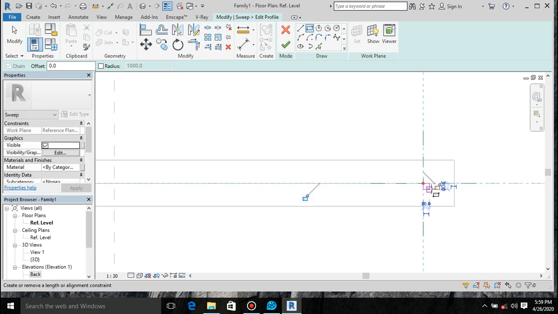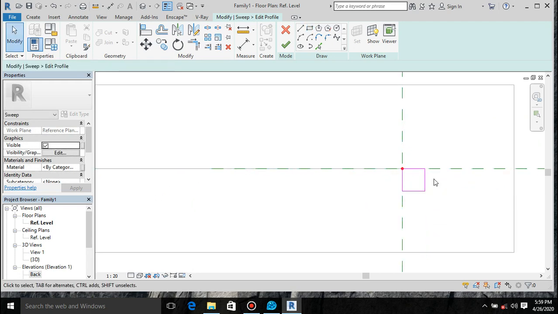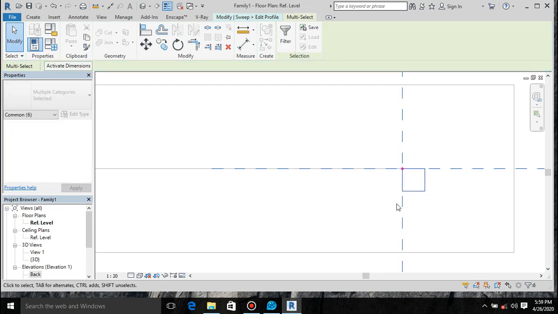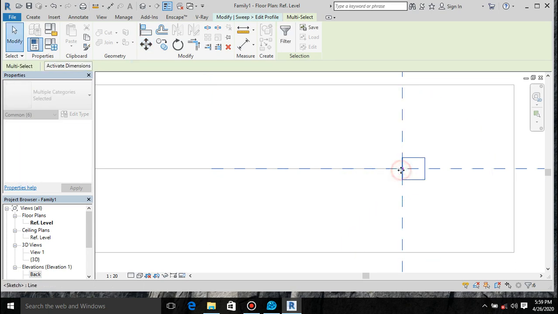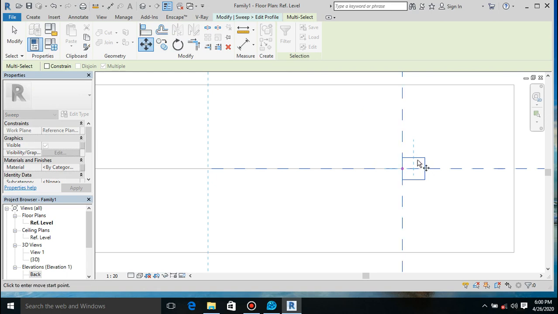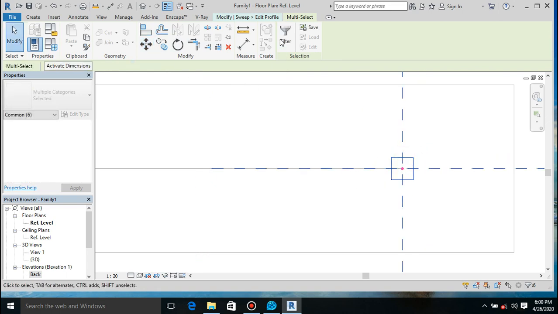I think 20 by 20 should be okay for me. I will align this, I will align it to this place, and then move again from this place to this place. Now it is at the center. Okay, click here and then